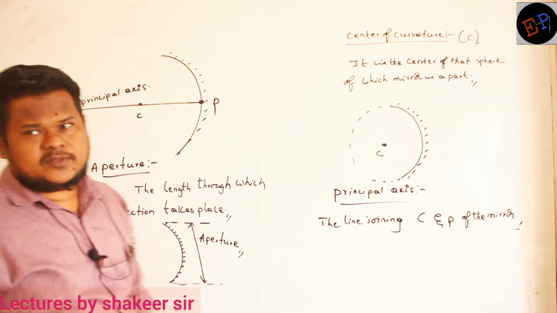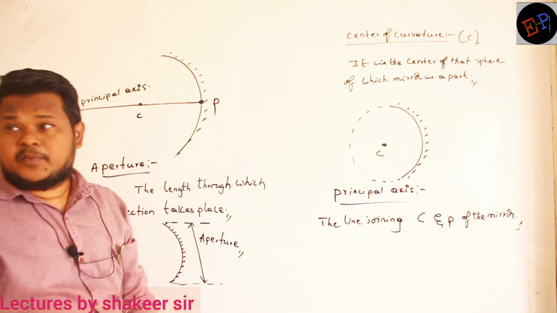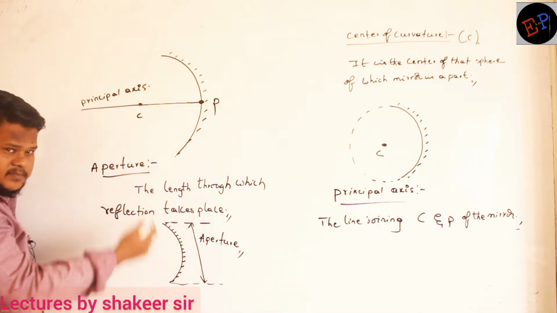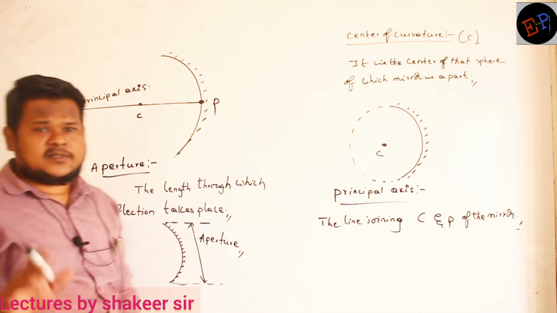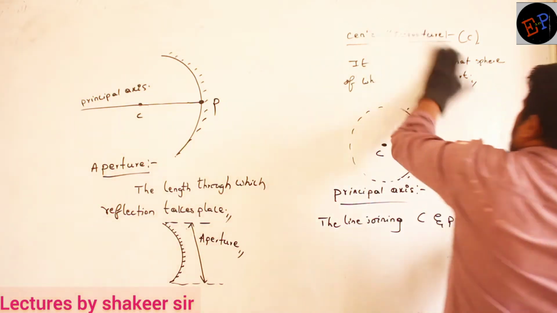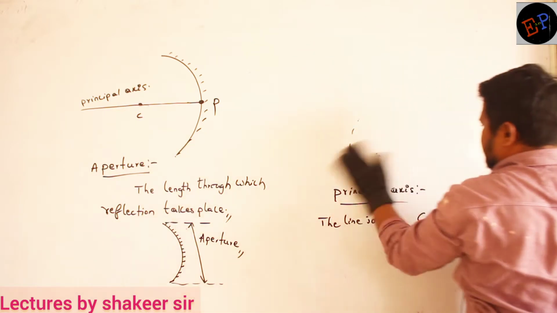In cameras also you should have seen aperture. It will be mentioned that the aperture is this much. So aperture means nothing but this. The length through which reflection takes place is nothing but the aperture of the mirror. Then we study the next parameter, which is called